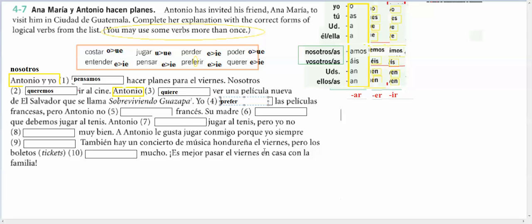It's an E to IE stem changer. Do I make the change? Well, it's a statement again. I look before the blank. The subject of my sentence is yo. Yo is not nosotros, so I do need to make the change. I need to change that E to an IE. And then if it's an IR verb, I add O. Prefiero las películas francesas, pero Antonio no